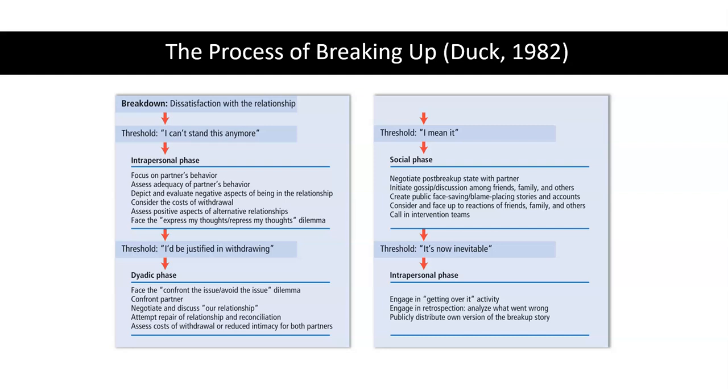sometimes, people will start to express their thoughts, if they feel that they can, but they may do it in coded language, trying to test the waters to see what the partner might be thinking. In fact, the partner may be having exactly the same thoughts, but it's also possible that they're not. Now, the threshold in the interpersonal stage is when they look at all this evidence they've been collecting in their head, that they can say to themselves, somebody looking at our relationship from the outside would say, you'd have good reason to leave.